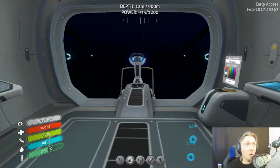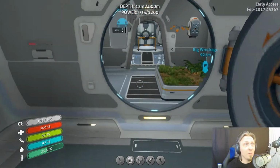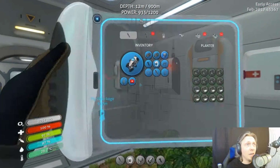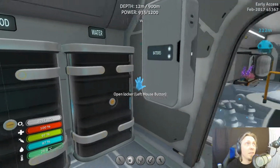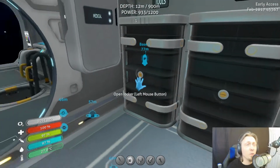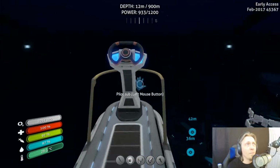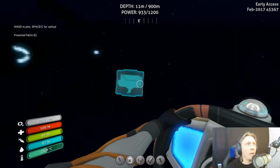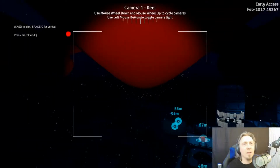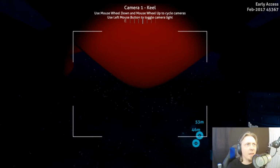So if we do reach a point where I want to build a base now, I do have live regionals I can place and let them grow up into big regionals, and then I have a supply source for the bioreactor. But basically, we did our previous expedition out, and we ended up finding a lot of really cool stuff and having to come back ultimately